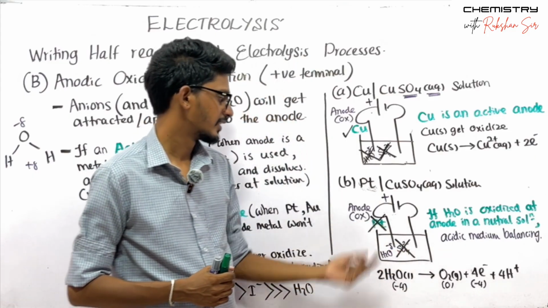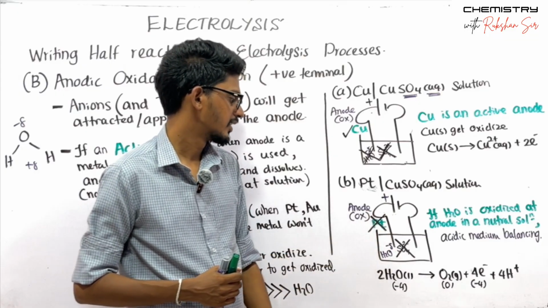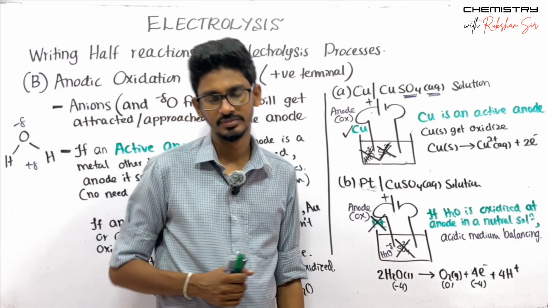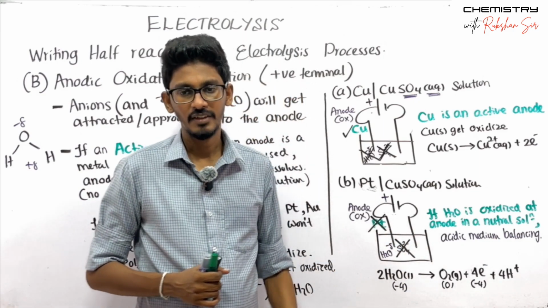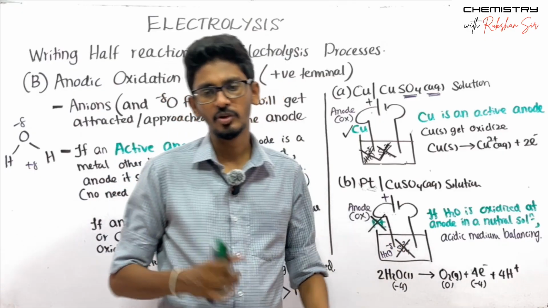That is what happens here. Platinum is an inert anode, so it is not reacting there. We have to consider the species in the solution to come up with the anodic reaction. Out of the species in the solution, we first get rid of polyatomic oxyanions. Polyatomic oxyanions are not used